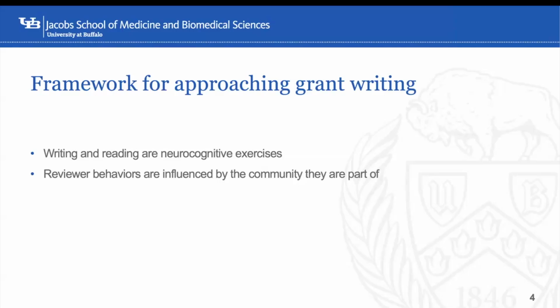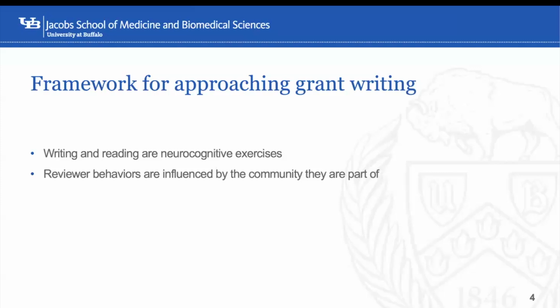If you give me something in bold, my brain is gonna think, oh, this is really important. I'm gonna have to memorize this, right? So your brain is engaged in a certain way when it's reading. And I challenge you, the next time that you read something, to think about what your brain is doing, because that's what the reviewer of your grant is going to be doing while they read it. Okay. And we can write to that.